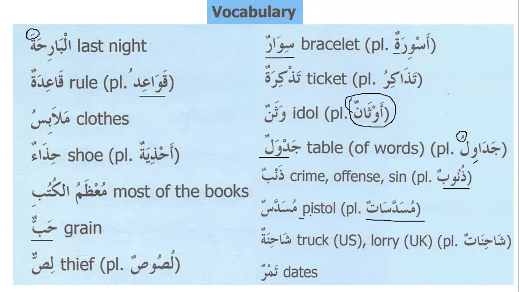You remember in book 2 we had a big debate about it. Why does it come on the pattern of broken plural? This is not broken plural. This is the pattern of sound plural for feminine, like muslimatun, talibatun, and musaddasun, musaddasatun. So then I told you that most of the nouns like that are materials, and the Arabs make the plural on the pattern of sound feminine plural, like kasun, kasatun, jawalun, jawalatun.